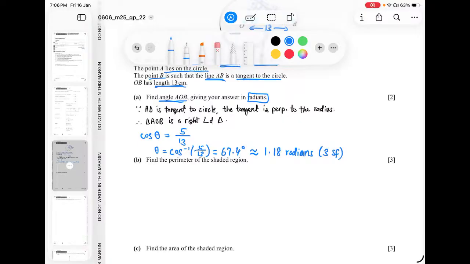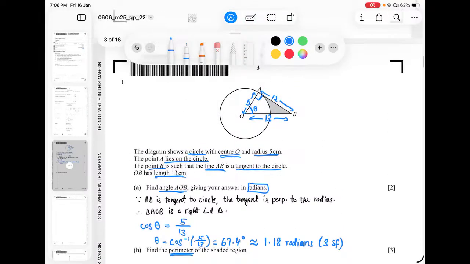Let's move on to part B. Part B is asking you to find the perimeter of the shaded region. So the shaded region is basically,